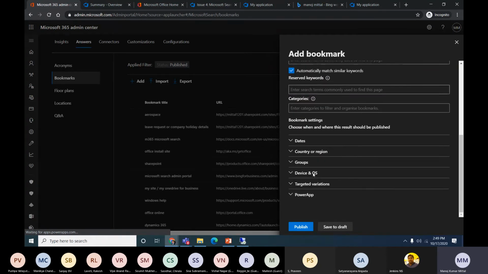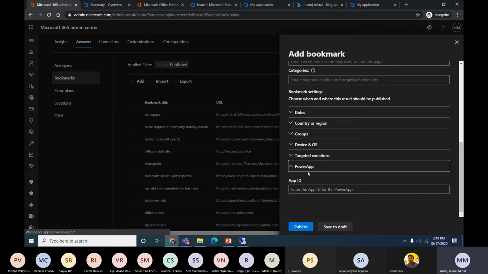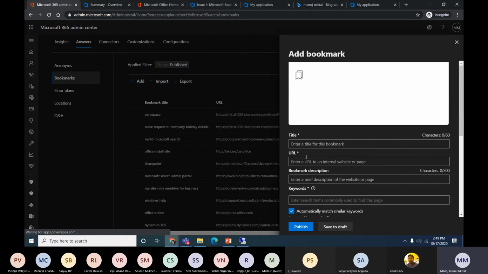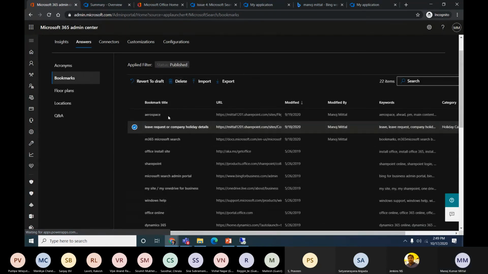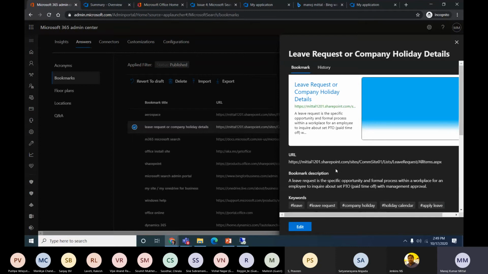Once we define all these sections, if we go to the bottom section, here we have a Power App. So for the applications in powerapps.microsoft.com, whatever applications we have created and shared with the organization, we can use the app ID here. As an organization, everybody who is part of our D365 gets a free Power App license, or if an Office 365 user has an assigned license, they can start using such applications here. Once we provide the ID, the app URLs will also start appearing here. We'll see how I have added this section, leave request. So you see here, this is the URL where my data I've just given.